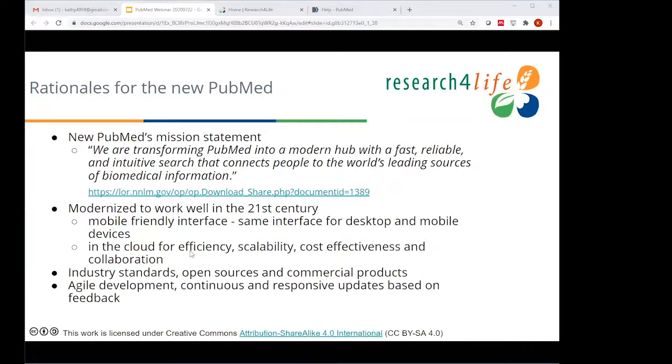PubMed itself is now in the cloud, which is very different from before, when it was in the Bethesda campus only. So it will be more efficient, with less downtime, more scalable, cost effective, and also enhance collaboration. Also, the software and database behind it use more industry standards and also open source and